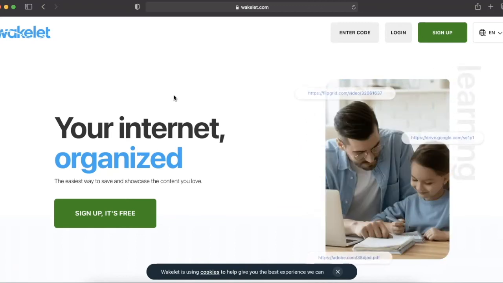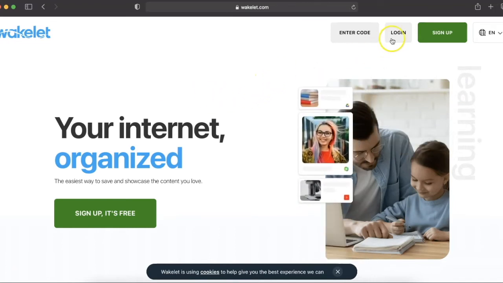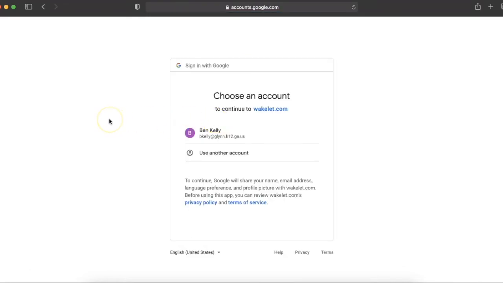You'll be provided with a variety of sign-up options. It would be best to use the Continue with Google option, since this will be content that you'll be sharing with your students and embedding into your Google Classroom. Click Continue with Google. If you have multiple Google accounts, like me, it is best you choose the Google account associated with your